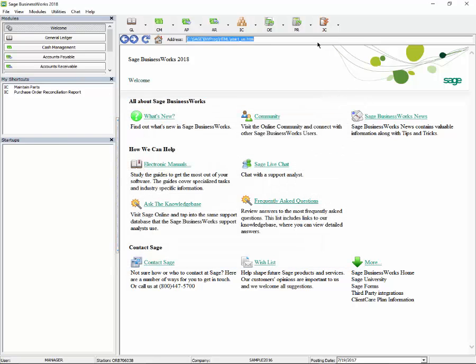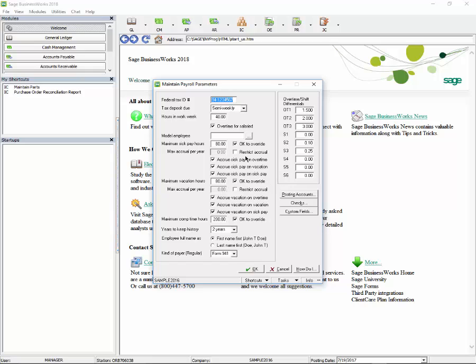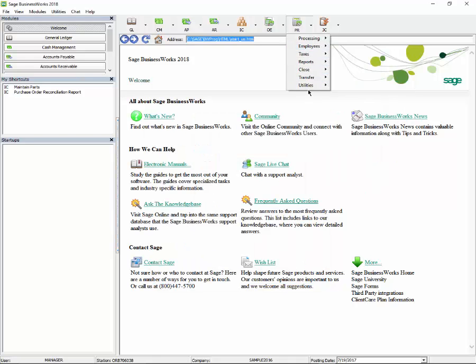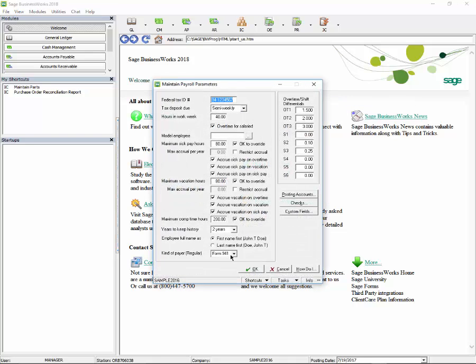By default, when you upgrade to version 2018, this restrict accrual will be unchecked. If you want it to restrict on the maximum hours, then you'll need to come in here, check this box, and enter the hours. In addition, we've added another option in the maintain payroll parameters for you to be able